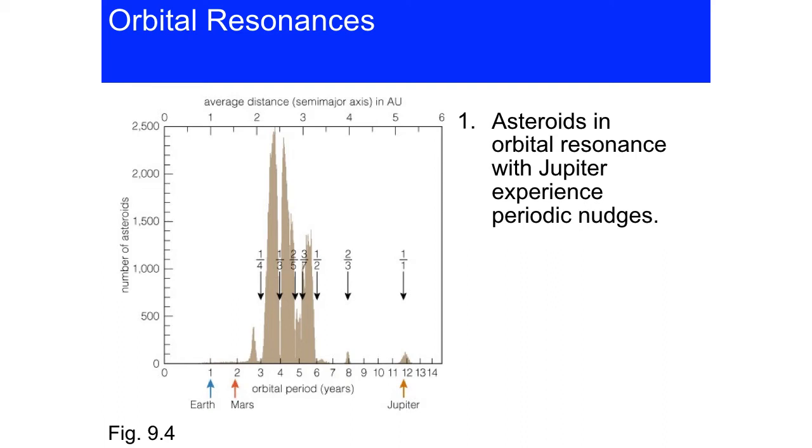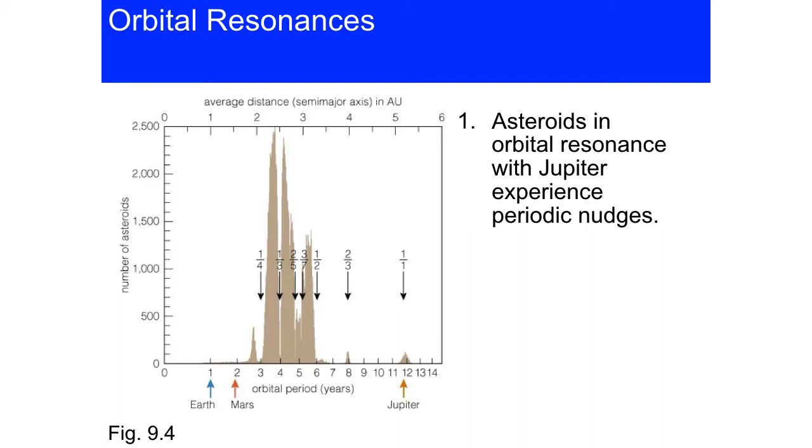And these asteroids have gotten the message. Clear out, right? And there's a bunch of gaps. Here's another gap. It's way depopulated. This is the 4-to-1 gap, 1/4. One orbit of Jupiter, 4 orbits for these asteroids, and it's mainly cleared out. Stuff will get perturbed and assume an orbit here, like an asteroid from one of these big piles that's not in an orbital resonance with Jupiter. These guys could be pulled out, or they can get into a collision with another asteroid and end up getting shot into one of these gaps, but they'll be sucked out of that gap,